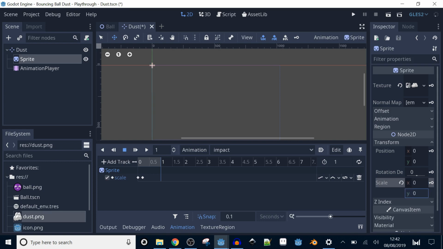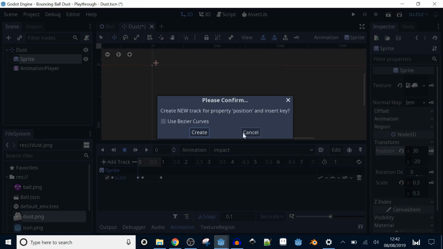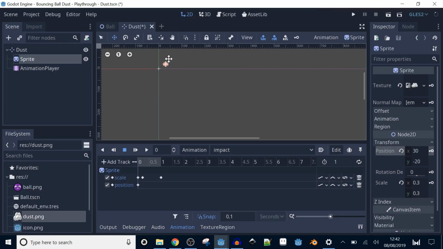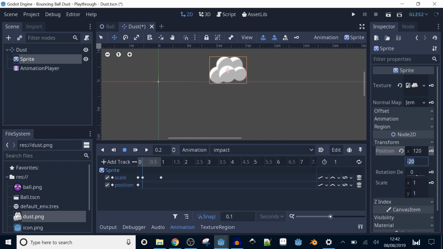For the position, we noted that the dust is thrown outwards and rises slightly. At 0 seconds, let's offset the sprite a little. Set the position to 30 and -20 to the X and Y respectively. At 0.2 seconds, set the position to 120, -20. And finally, at the end of the animation, set the position to 170 and -45 to give a little bit